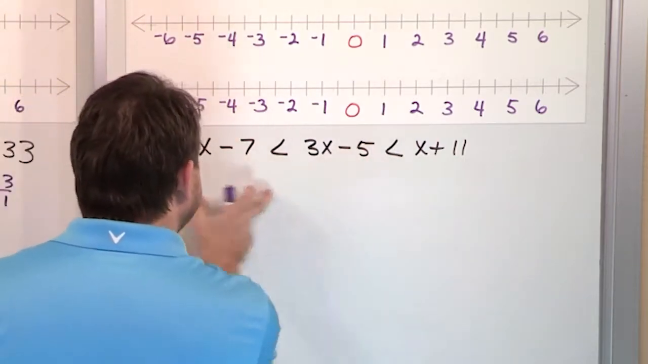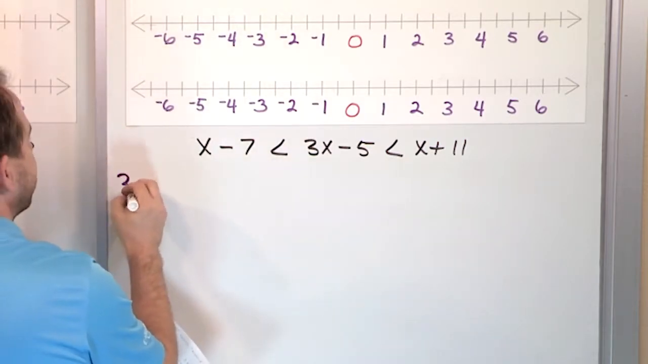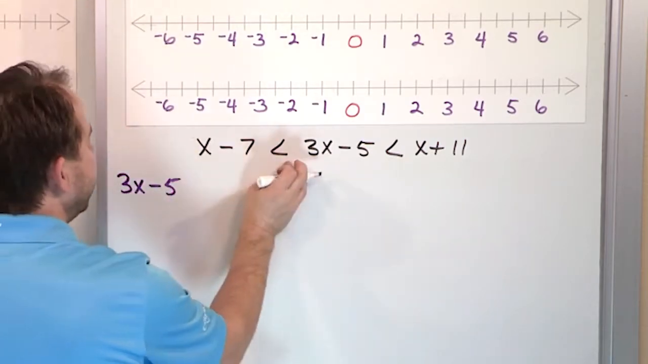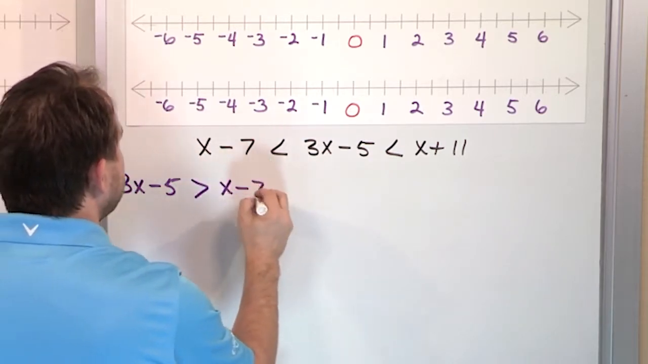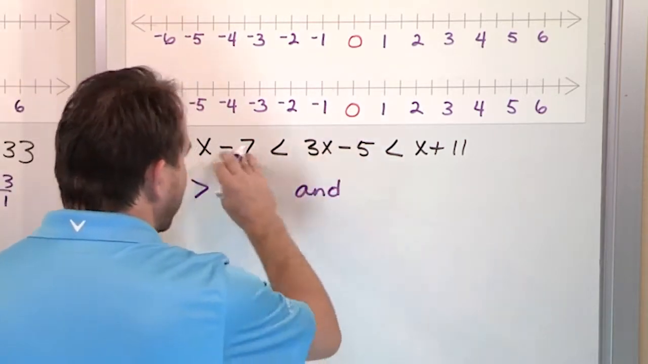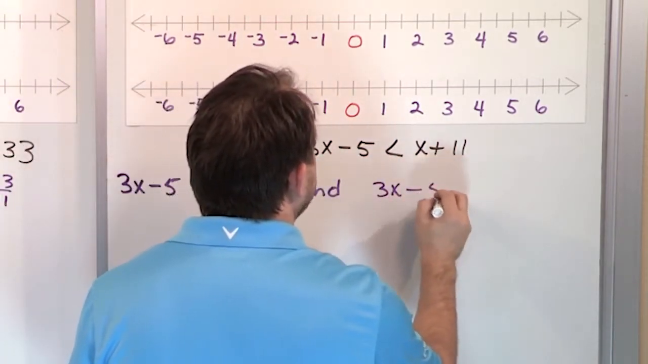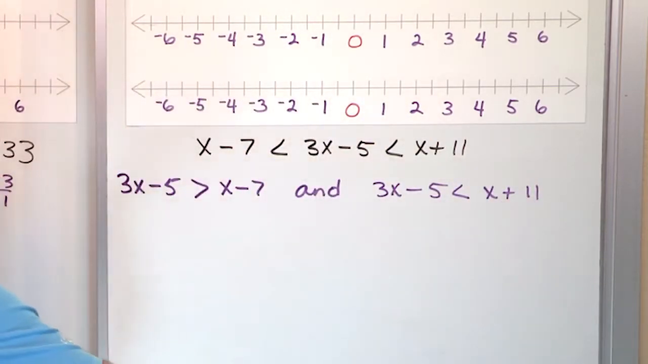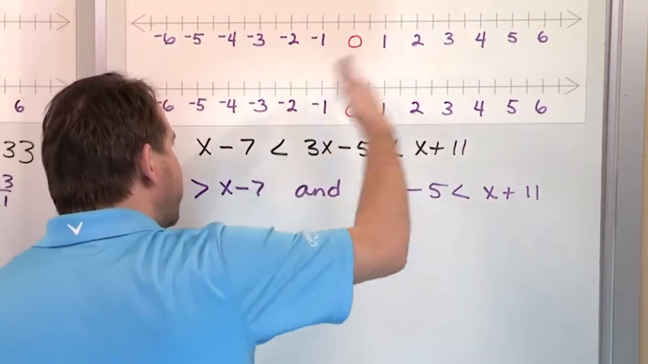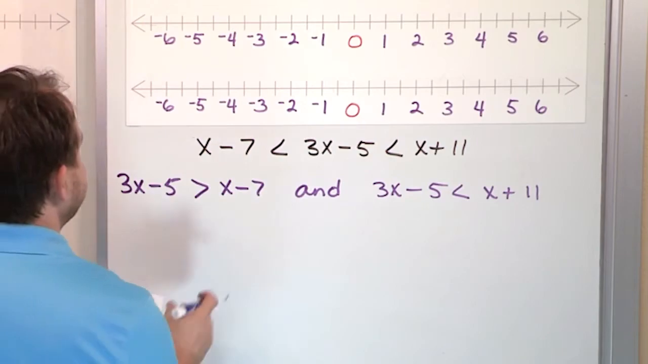So let's break it up into its two parts. We read from the inside out: 3x minus 5 greater than x minus 7, and, because this format means AND, inside out, 3x minus 5 less than x plus 11. So now we have to satisfy both of them at the same time, not one or the other. So we think it'll form a line segment kind of deal. Let's see what we have. Let's move the x